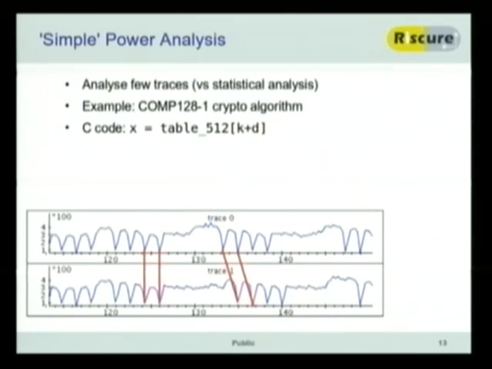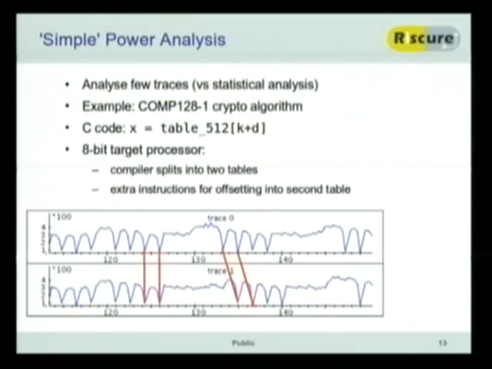Well, that's because this was run on an 8-bit microprocessor. So effectively, it cannot index into a 512 entry table. So what the compiler does, it looks at this C code and says, oh, that's not going to fit. So it basically splits the table into 256 entry tables. And then at runtime, it will decide, do I look in table A or do I look in table B? And that's what we can see here. So there's actually a bit of time difference depending on which table it's indexing.